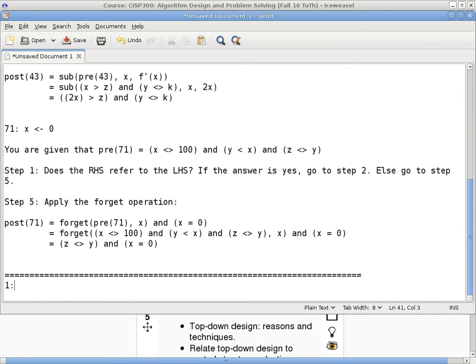Conditional statements are interesting because we have seen them already, but calculating the postcondition from a precondition gets a little tricky. So we'll use something that we have seen